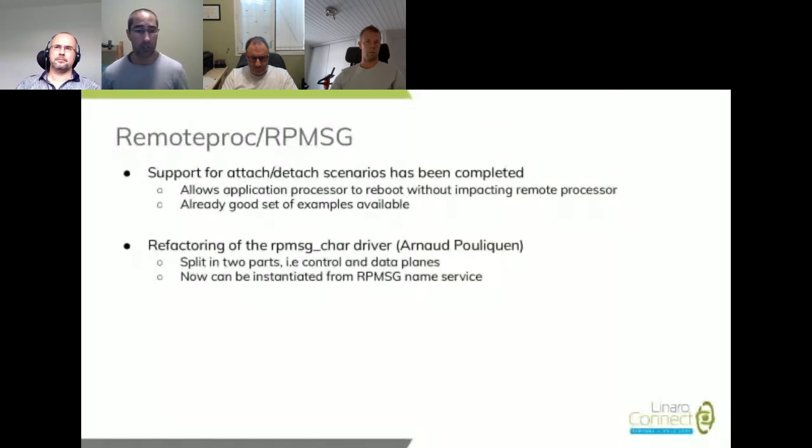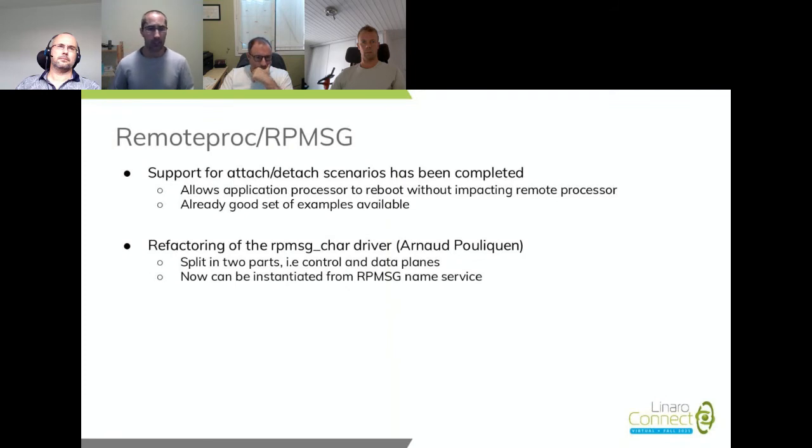And when the application processor is coming back online, it can be resynchronized with the remote processor, and things simply go on as they would have been had the remote processor been booted from a cold start. So very interesting for industrial applications, automotive, where we want to have sustainable systems that are fail-safe. That way we don't have to couple the life cycles of the application processor and the remote processor.